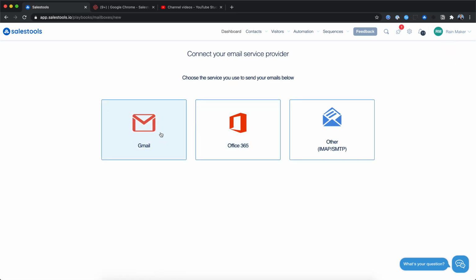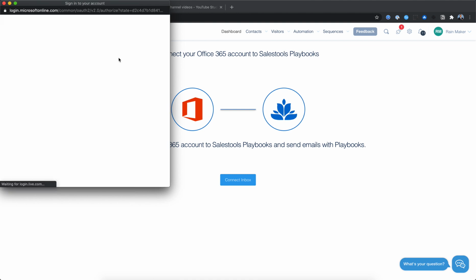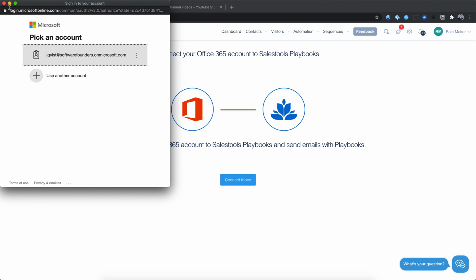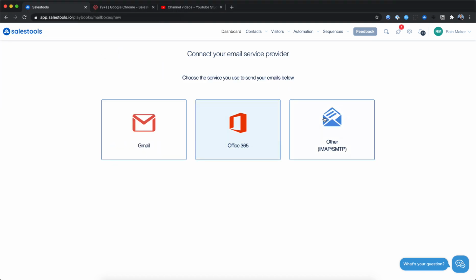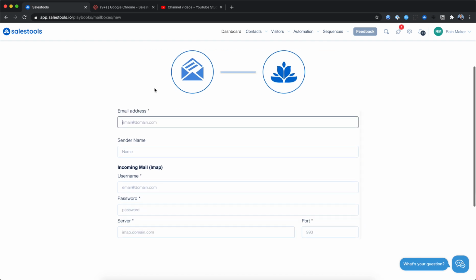So we want to click installation with Gmail or Office 365, which you see right here, and it will pop up asking for my credentials. And then you can use your custom IMAP and SMTP protocol. This is important because otherwise we're not able to integrate with your system. If you run a custom IMAP SMTP, and this you can even do with Gmail, I can explain why. If you want to send more emails, some customers, they'll put in the email address, so let's say